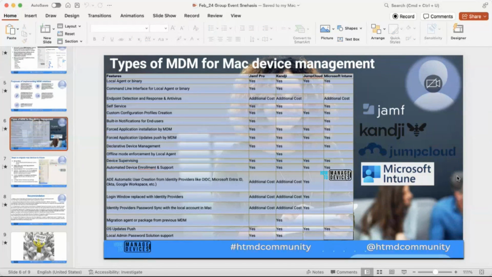And as soon as the new device gets added on ABM, it should automatically deploy the enrollment profile from the MDM solution. Okay. So in this case, can I enroll my device with both Jamf and Intune? So as I said, at one time, MDM solutions can't coexist. So you should have only one MDM solution